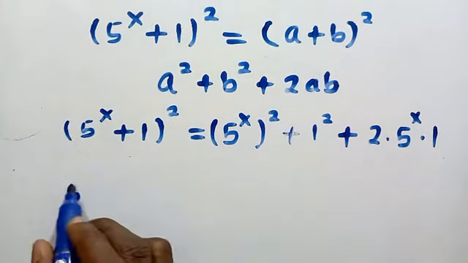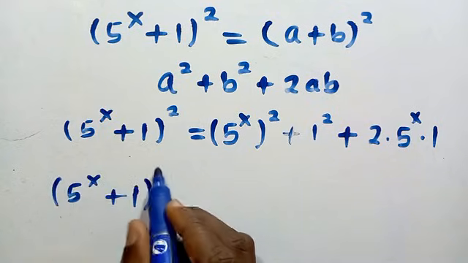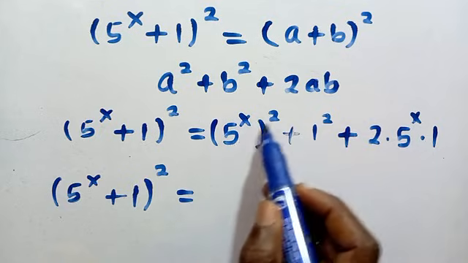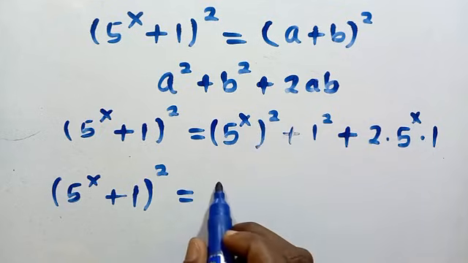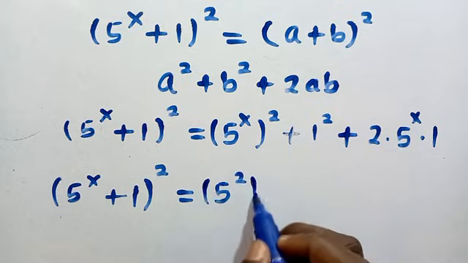So we proceed by writing 5 power x plus 1 raised to the power of 2 equals, so from what I did earlier, we have to switch this as 5 power of 2 raised to the power of x